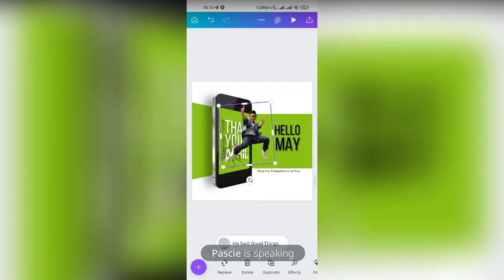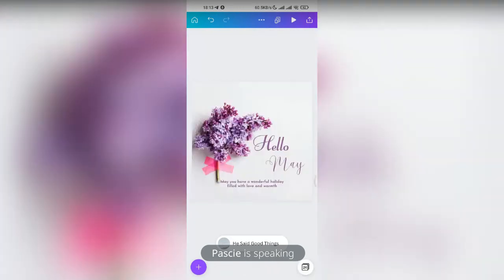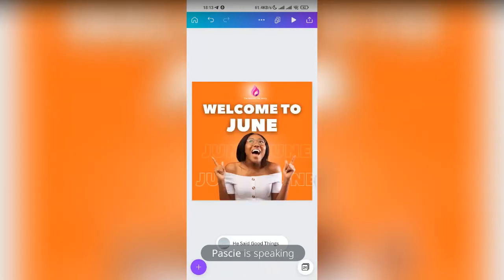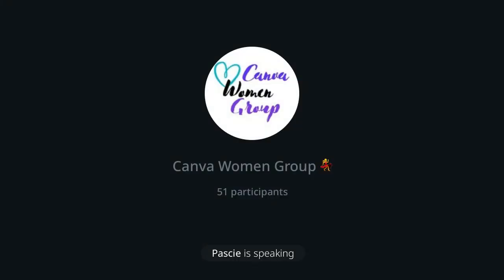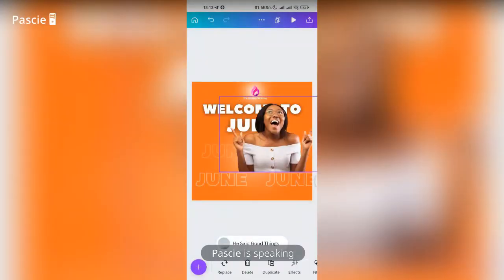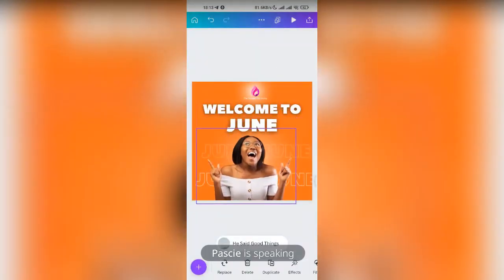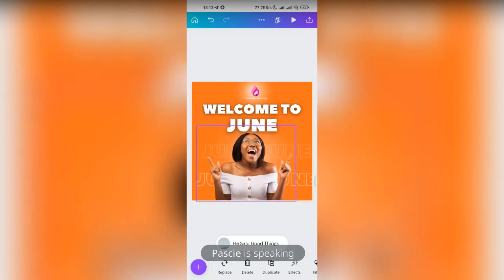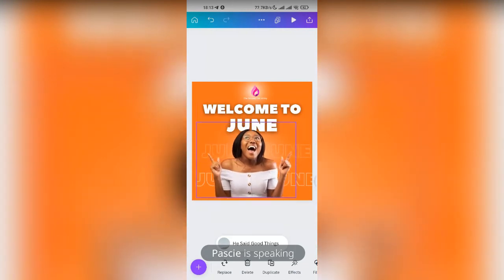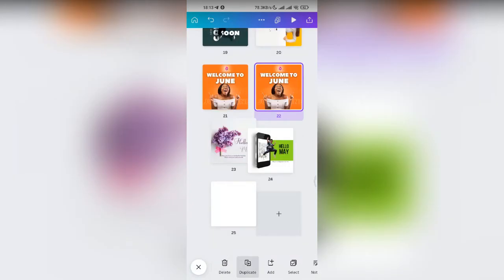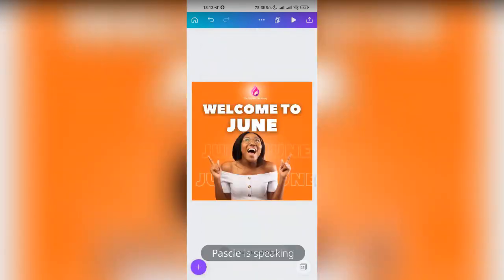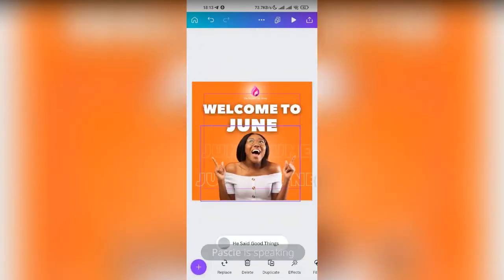So I'll just show something about masking. I made this particular design. I took out the background of this lady here and I placed it here. Now masking has to do with this. I will make a replicate of this design because I want to show you something. So what I'm going to do here is,